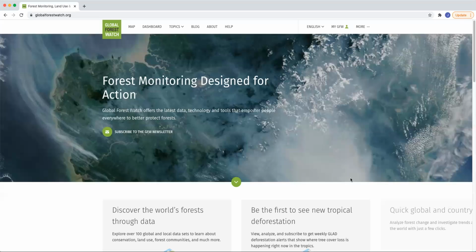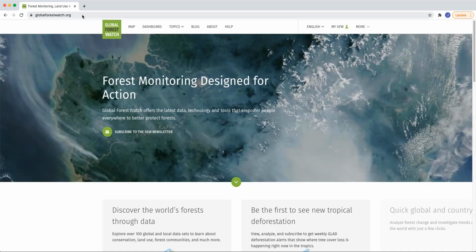With this video, we'll learn about using Global Forest Watch to obtain a time series of satellite images. You'll also learn how there are map layers that identify the land that is used for agriculture and or if it has biodiversity value. So first, go to